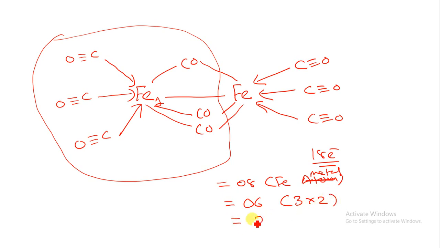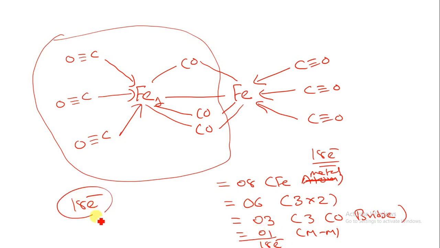Now there are total 3 bridge ligand. So I have to add 1 electron for each CO bridge ligand. So I have to write down over here CO bridge ligand. Okay, and now 1 Fe metal bond. So what I have to see, 6 plus 4, that is 10, 10 plus 8, that is 18. So this structure is following the 18 electron rule. Okay, so that is why it is a highly stable structure.